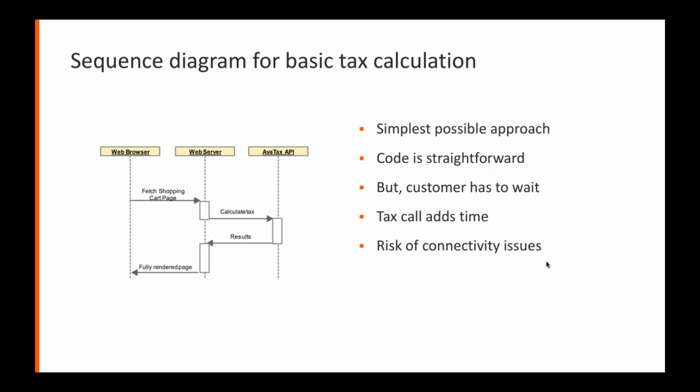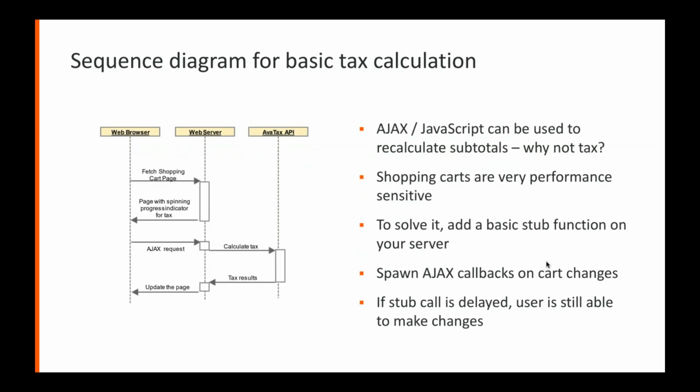Very frustrating. So part of what we're looking at here is how can we make your process work even without that? A better model is I think the one that you were describing here, which is where you render your page with a placeholder. Just put in a placeholder or a spinning indicator or something, yeah. And then you set up a stub function. So I think this is kind of what you were describing for your proxy, right? So you call it a proxy, but it's basically like a stub function on the customer's web server, right? It kind of depends on your framework.